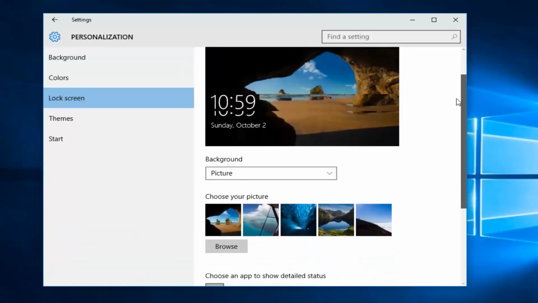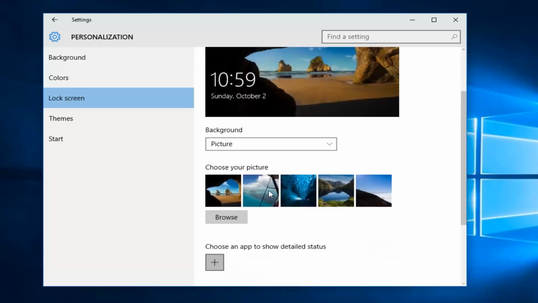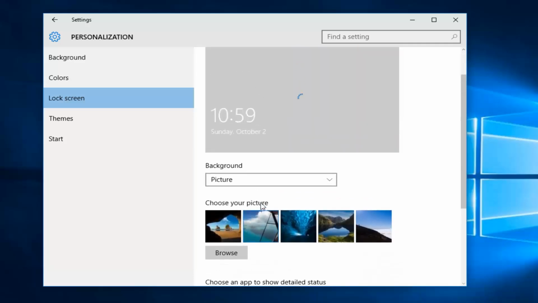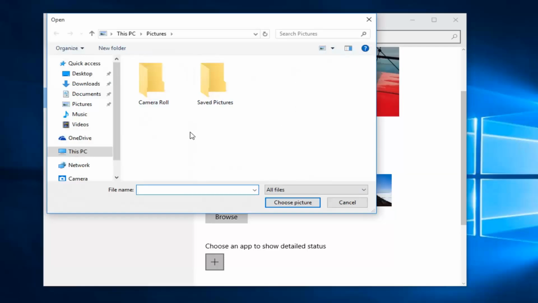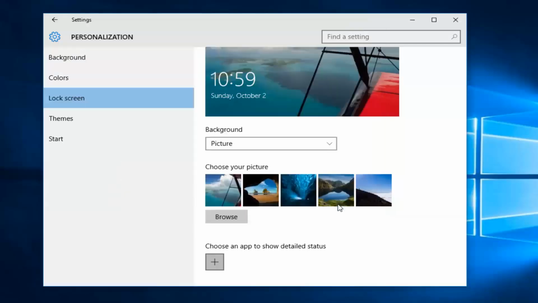If you scroll down, we see we have 5 different images we could select that are included with Windows 10. If you had another image you wanted to use instead, you could left click on this Browse button right here, and you could select any JPEG image you wanted to use. Just keep in mind the dimensions of your screen and that it might look very distorted if you don't use